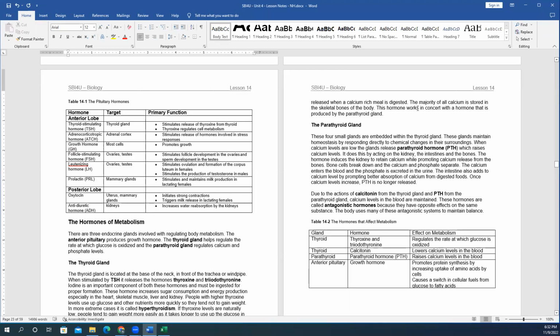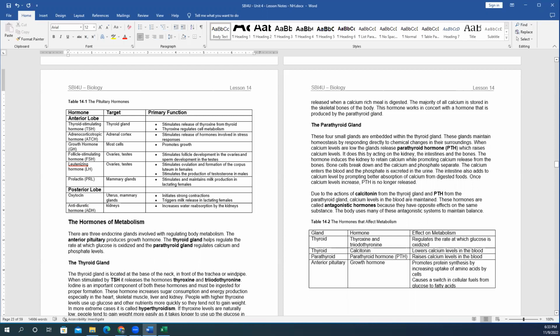And once it's in the bone, really that's the major site for the storage of calcium, those skeletal bones of the body. And then this hormone works in concert with a hormone that is produced by the parathyroid gland. And the parathyroid gland is those 4 small glands that we talked about. I showed them to you, I pointed them out to you. They're located on the thyroid, embedded within the thyroid gland. And these glands, the parathyroid glands, help to maintain homeostasis by being responsive directly to chemical changes